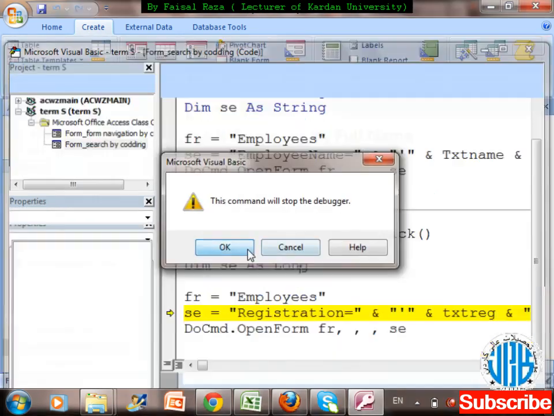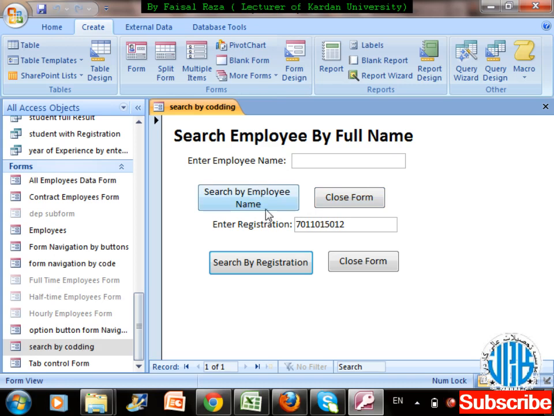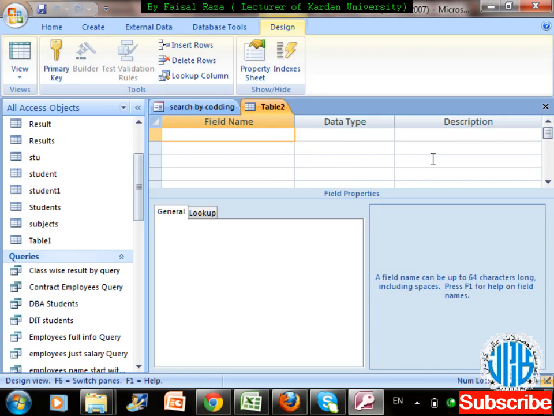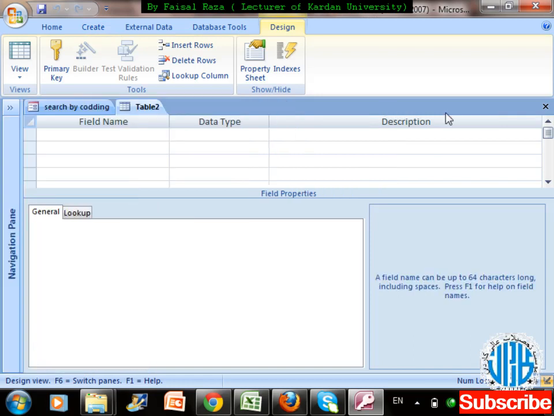So how we're going to do that? With the employee name it can be easily searched out. Right now, come to create one table by design, and I'm going to put some fields inside it. Okay, design table. Here, first of all, I'm going to enter student or employee e underscore id,